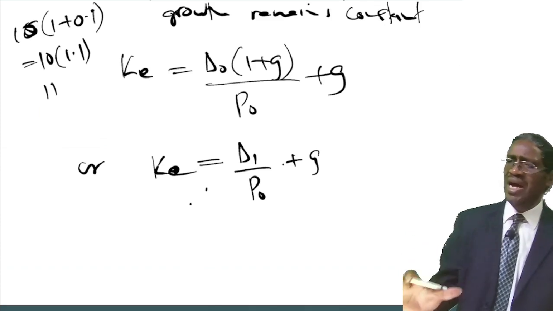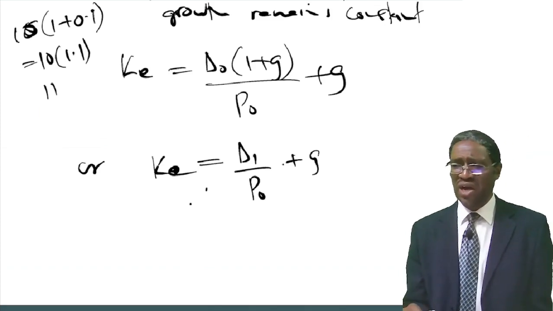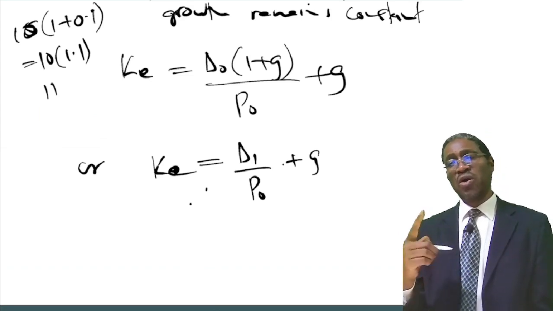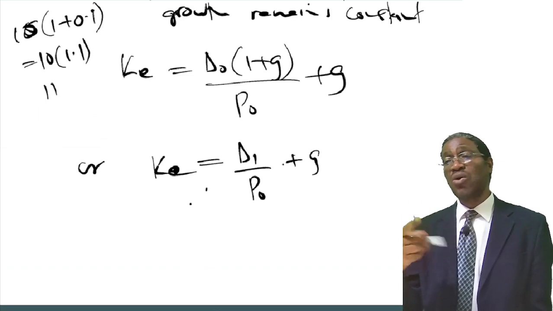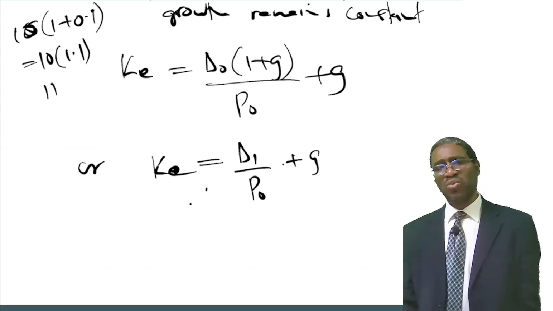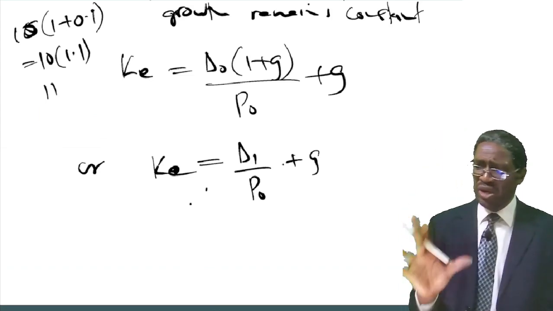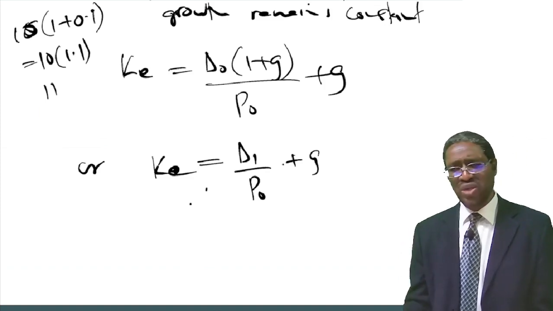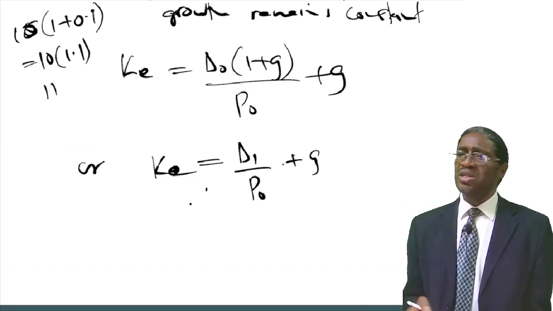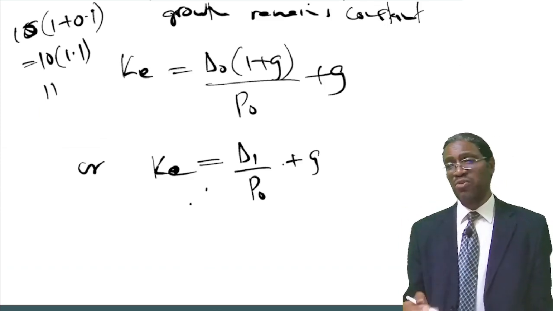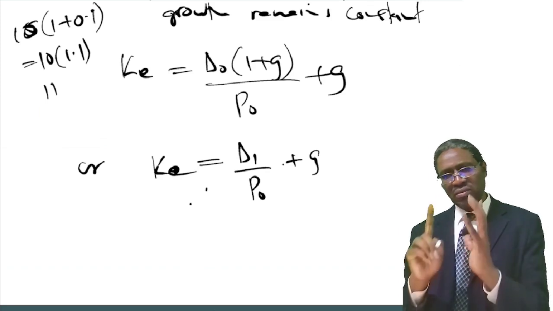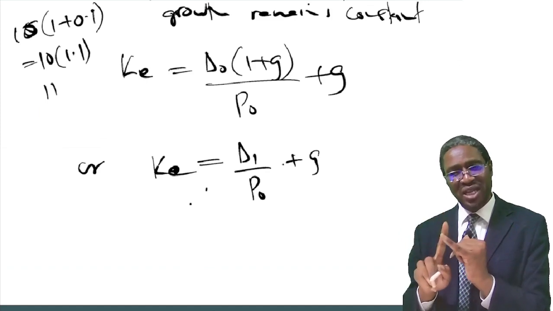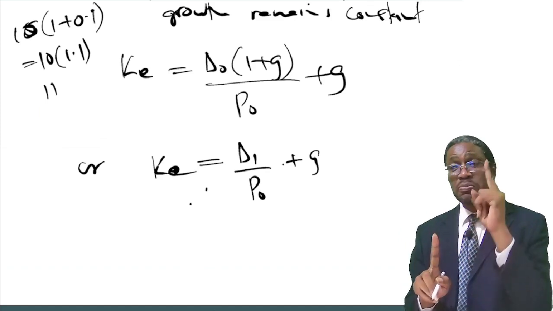Otherwise, this formula can be derived. We don't want to derive it now, but there is a way to derive this formula of the cost of capital where there is a growth rate. What you just need to remember is how to use it to compute. The examiner will not ask you to derive it, but you need to know that there is a way to derive this formula. So, listen carefully here, if the examiner gives you the expected dividend,